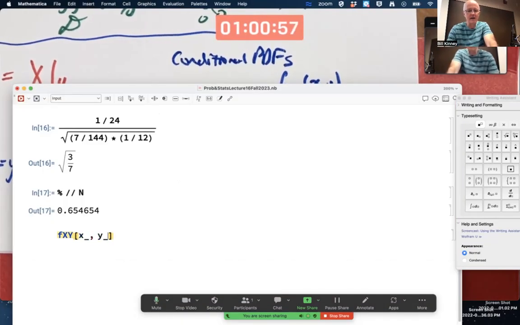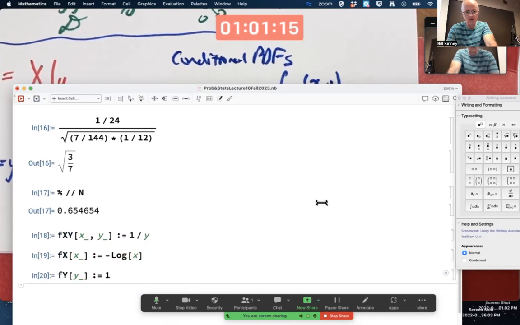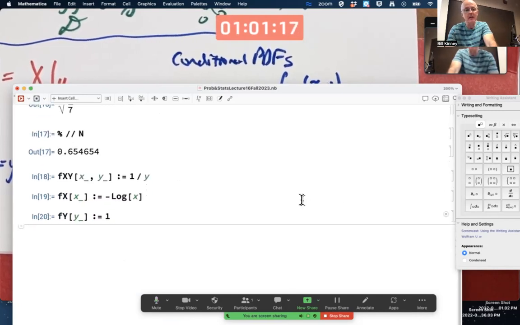Here is the joint PDF: 1 over y. The marginal PDF of x was negative natural log of x. The marginal PDF of y was the constant function 1 when y is between 0 and 1, a uniform distribution. So the conditional PDF of x given y equals y,